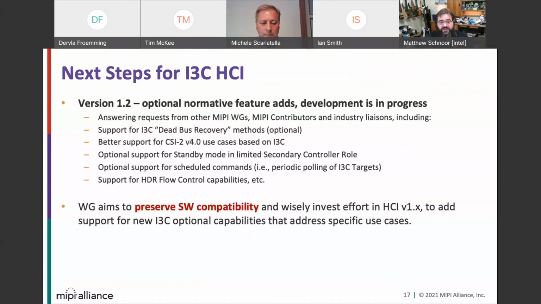And as part of that, we're in the process of developing the next version of I3C HCI, which adds a lot of what we call optional normative features for things that other MIPI work groups want to do, and other MIPI contributors are asking I3C to do for them. For example, we have a feature on I3C called dead bus recovery, where a target device can take control back on the bus when the controller is no longer responding. We want to do some other use cases for camera sensors for CSI2 version 4, which is in development. We want to be able to have standby mode for secondary controllers. We want to have optional scheduled commands, which can do periodic polling of I3C targets, and flow control for high data rate modes. But we want to do so in a way that preserves software compatibility